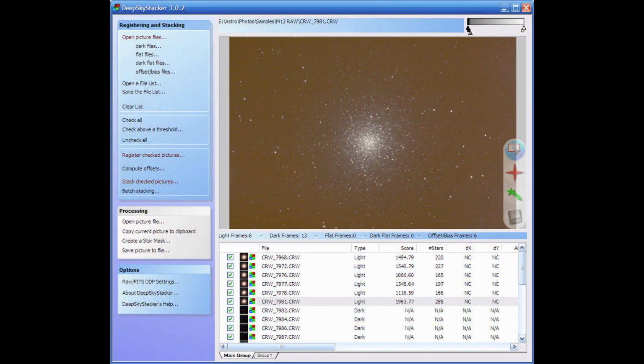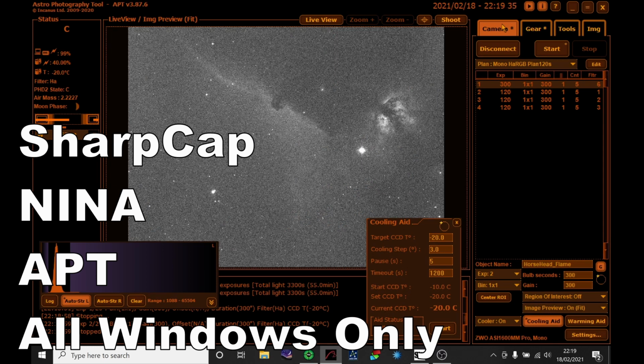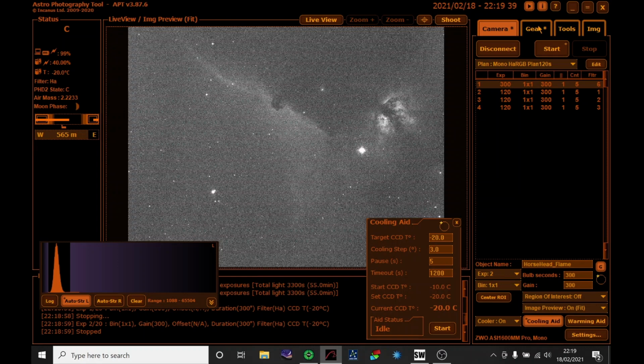So back then I had an old MacBook that I could put Windows on. Windows being one of the challenges that you have in this hobby. Almost all of the software, although some of that's changing now, seems to be very Windows focused. So if you want to stack images, Deep Sky Stacker is definitely a very good go-to piece of software, but it's Windows only. And then the same thing with, at the time, APT, which was a piece of software that I saw Astro Backyard using, so I thought, well, if it's good enough for him, it's good enough for me.